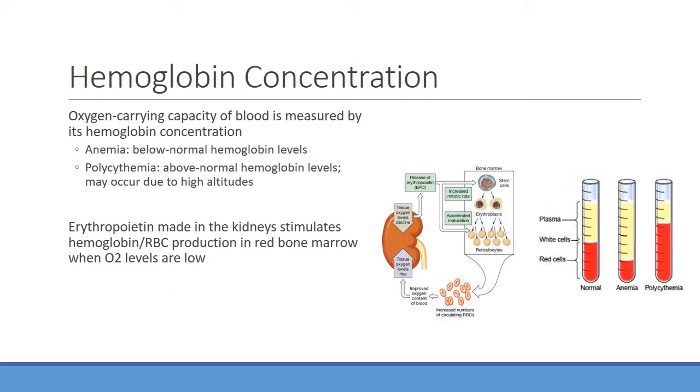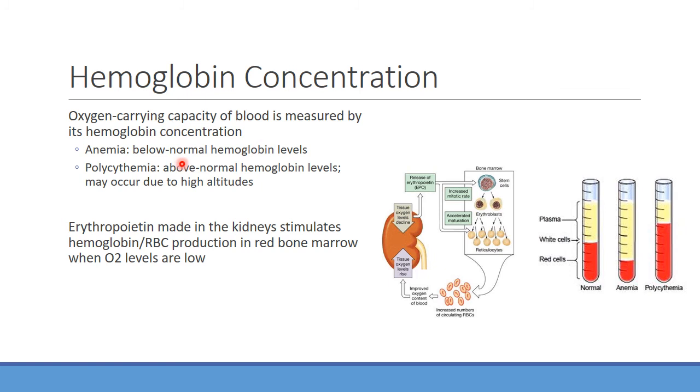All right. So your hemoglobin concentration, we mentioned, what's a stimulus to help increase red blood cell production, hemoglobin production? It's a hormone that can do that. Yeah, erythropoietin's a big one that's produced where? Kidneys, absolutely. So looking at the oxygen carrying capacity in the blood, it's going to be measured by that hemoglobin